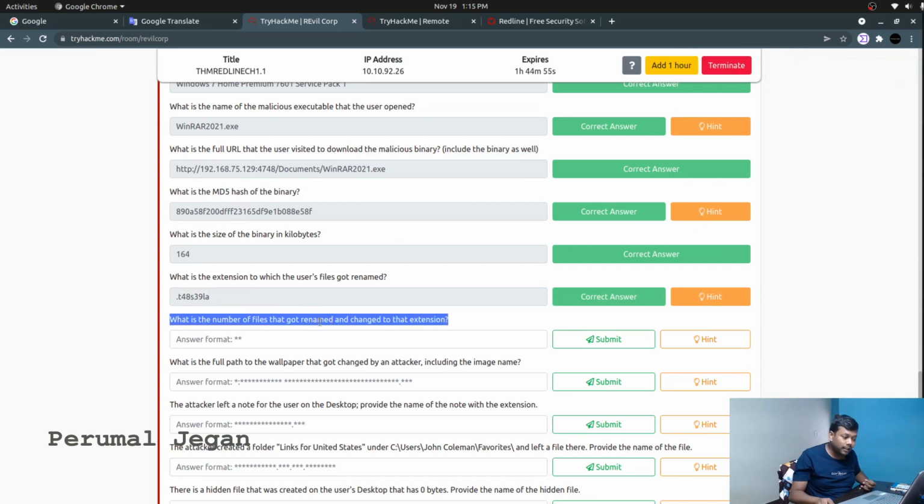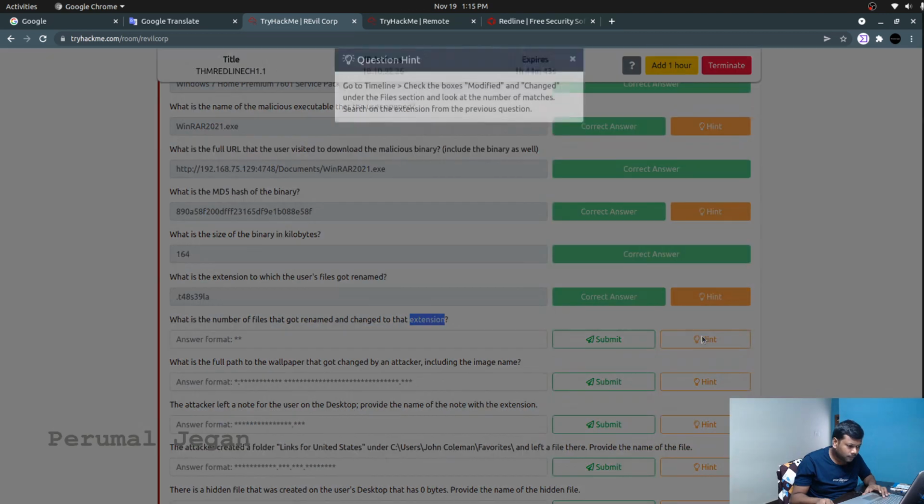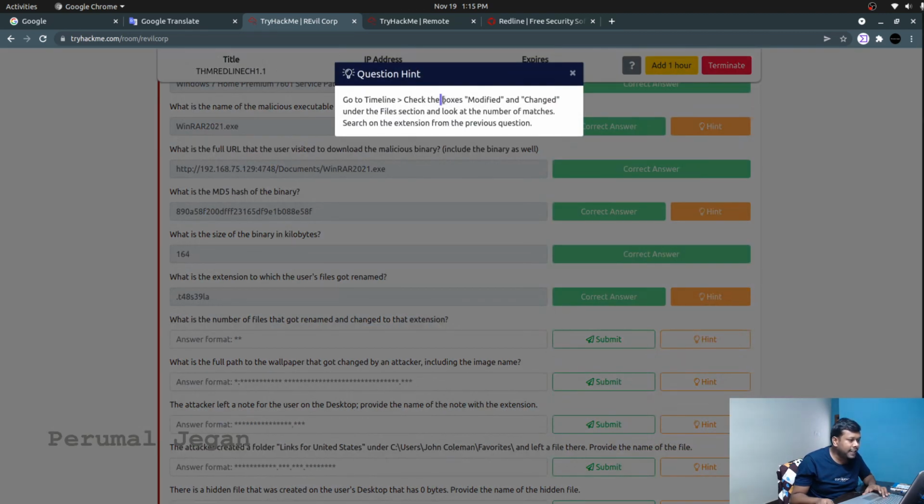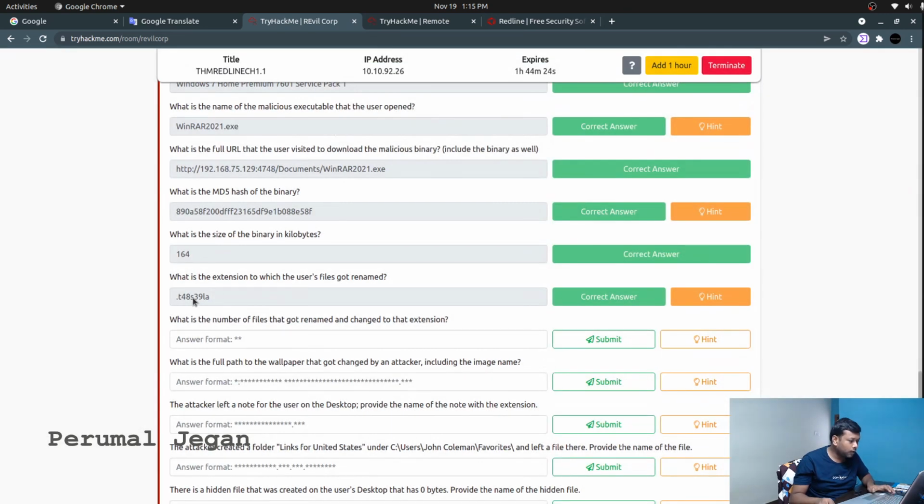This time we need to find the number of files with the modified extension. Go to timeline, check the boxes modified and changed. Under the file section, look at the number of matches. So timeline, modified and changed. We also need to filter with the file extension that we found before. Let's copy this extension and go to the timeline.